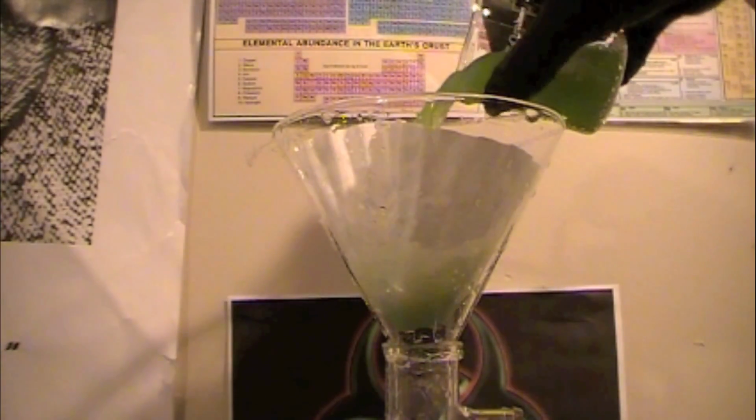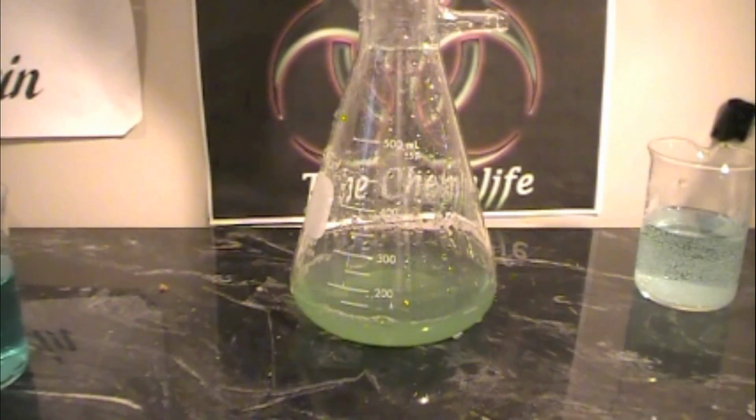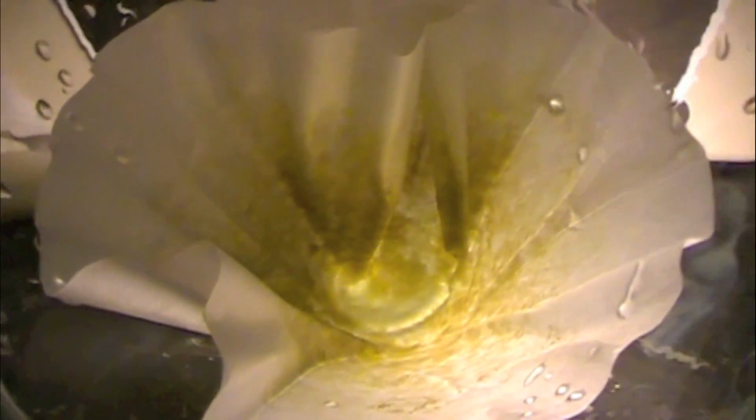Now, the final step is to filter through the rayon to collect it, and I would do this fairly quickly as the sulfuric acid will eventually begin to react with the cellulose and decompose it. So the sooner you get it off, the better. And it's also very good to wash this solution constantly as it's filtering through. And when you're done, you can collect your rayon, and you can see these nice long fibers, continually rinsing to